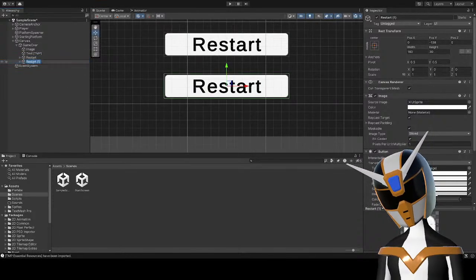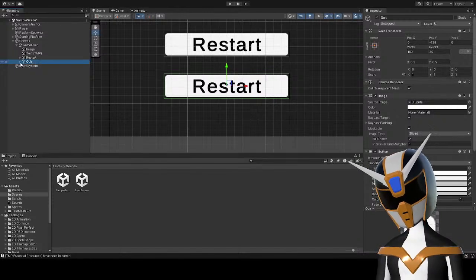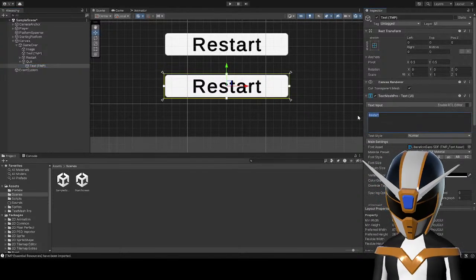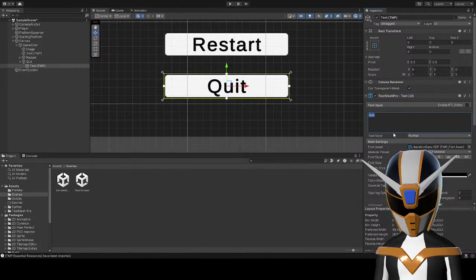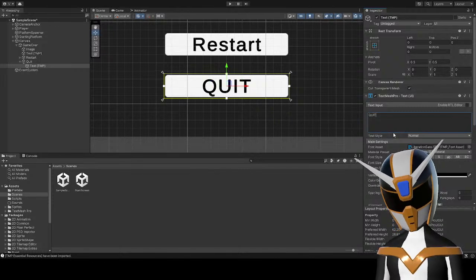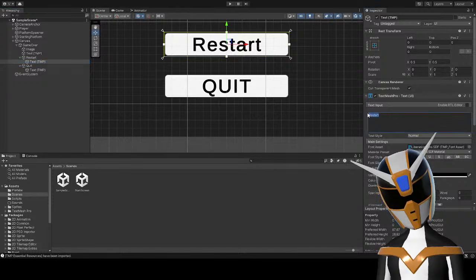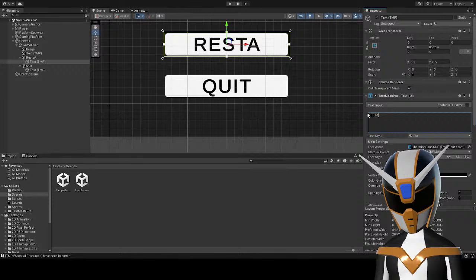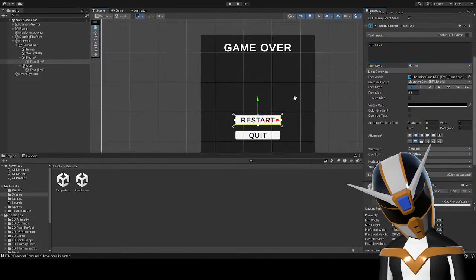And then this will be the quit option. There. Actually, wait, I want to make it all capitals. That may look a little bit better. Slightly. Not that this is permanent, but there, it's good enough for now.